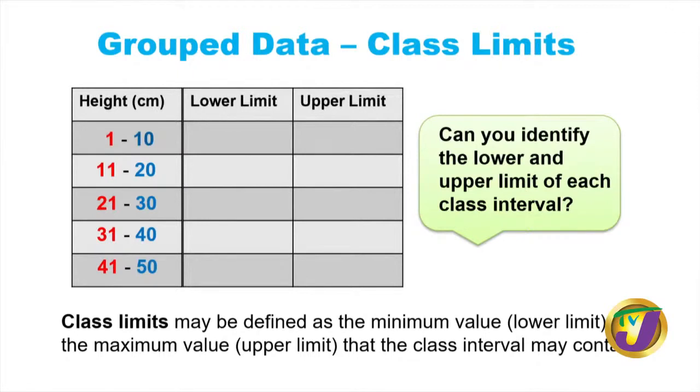Let's see. So I'm looking at this class interval, 1 to 10. And this looks to me like 1 is the lower limit, the least. 10 is the upper limit. Yeah, so I think this is fairly easy. So we can watch our limits coming in. So for each class interval, the starting value is our lower limit, and the value that ends the class interval is our upper limit. And I do believe our students are catching on to this part, too. Easy peasy. Yes, I think so too. All right, so